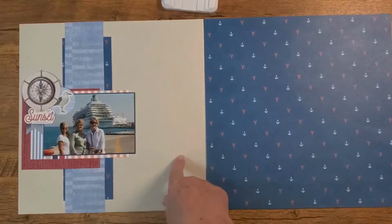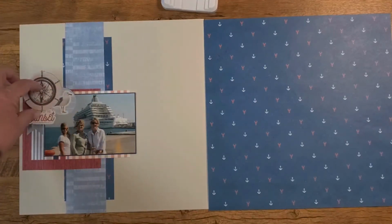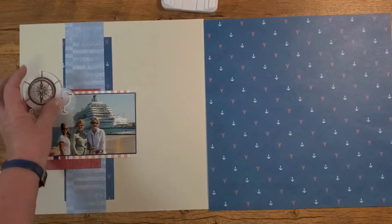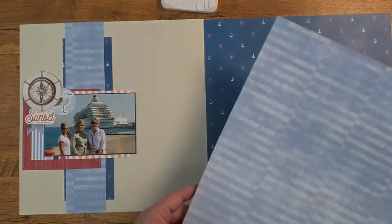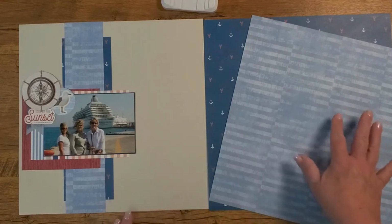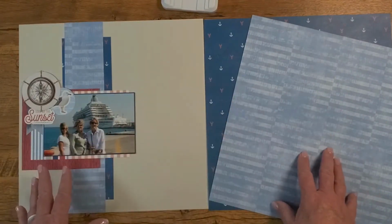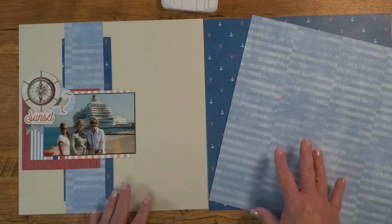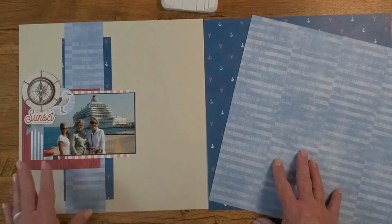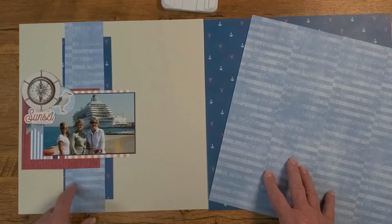You can see where I ended up here. I added a little embellishment cluster right at the top of that tag. You could have pushed that up a little bit if you wanted to. But then I can just use these two papers, a little bit of color on this side, and we've pulled that whole 2-page spread together. This is where your interest is, so I'd keep everything else very simple. But again, this is a very fast way to create a 2-page spread, especially using leftover scraps and blocks of